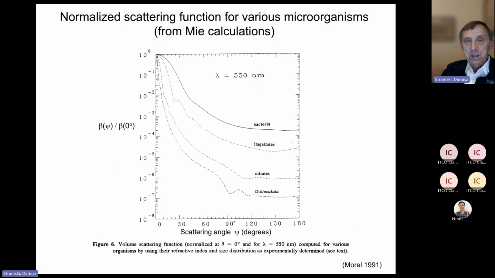And this is an example of simulations of the angular shape of scattering. In this case, the normalization is done at 0 degrees, so we can just compare the shapes. These four simulations are done for parameters that resemble those of heterotrophic bacteria, flagellates, ciliates, or a phytoplankton species that is about 8 micron in size. So you can see that small particles, such as bacteria, tend to have a higher proportion of backscattering in total scattering than larger